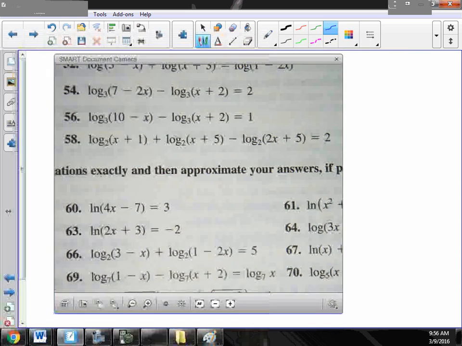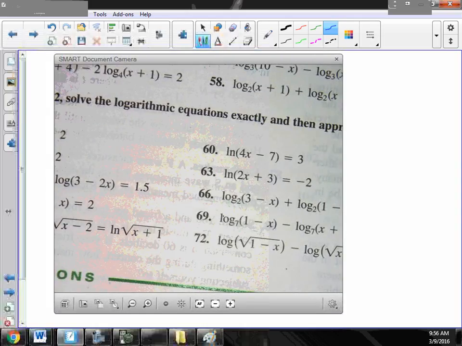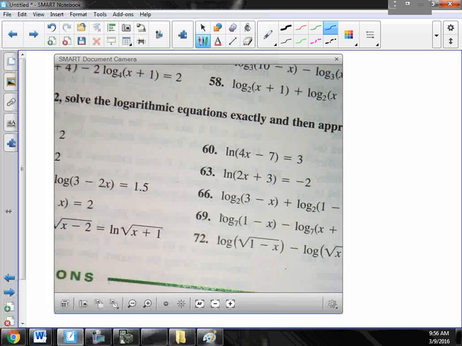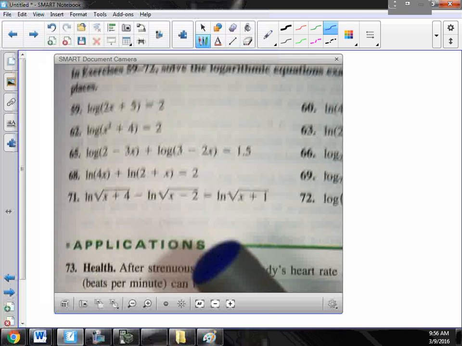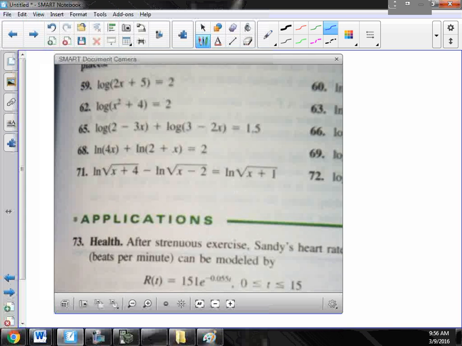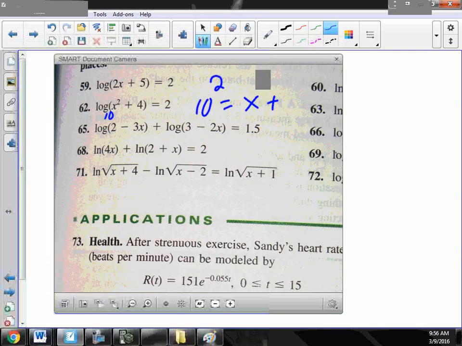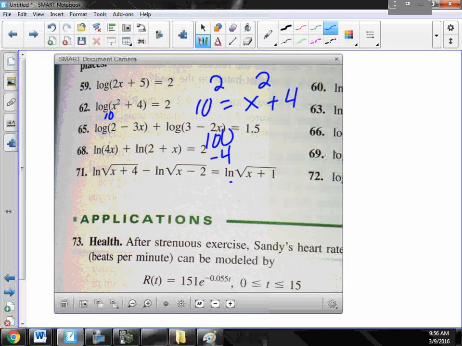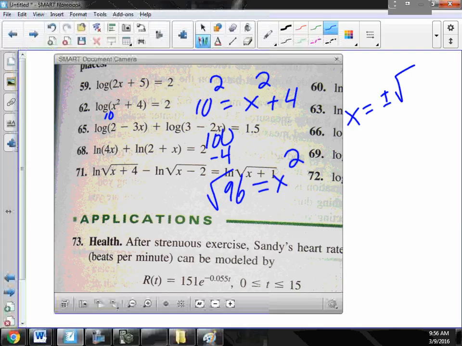Okay, now the next set, it says solve the logarithm equations exactly and then approximate your answer. So we're assuming that none of these are going to factor. So let's take 62 for instance. So I'm going to have 10 squared equals x squared plus 4. So 100, and I'm going to subtract 4. 96 equals x squared. I take the square root, and I get x equals plus or minus the square root of 96,